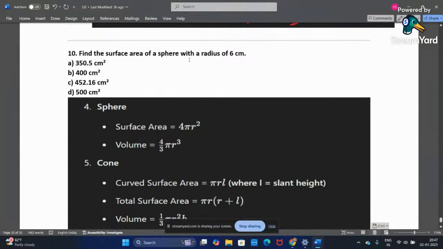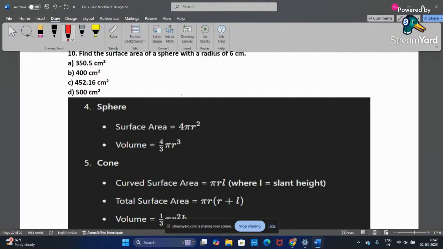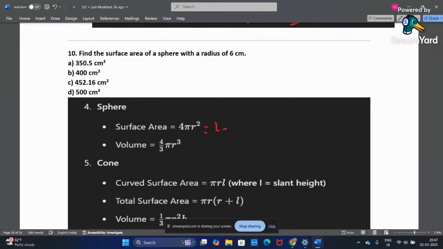Find the surface area of a sphere with radius of 6 centimeter. In this, we need to find the surface area. So we need to substitute the values in this surface area formula. So let's substitute the values in this formula. For pi, 22 by 7 into r square, what is r here? It is 6, right? 6 square. So the answer is